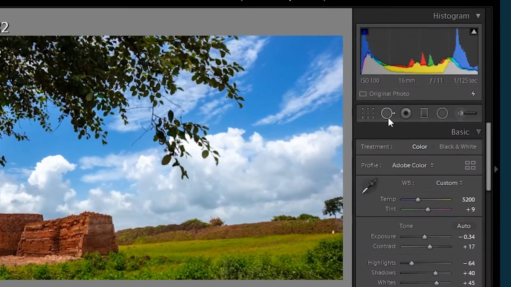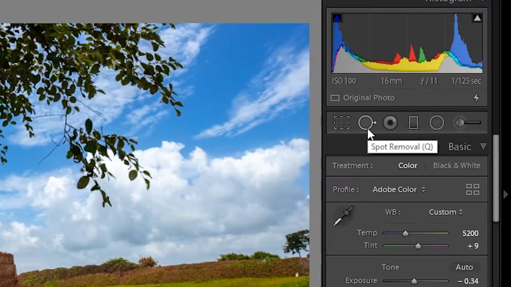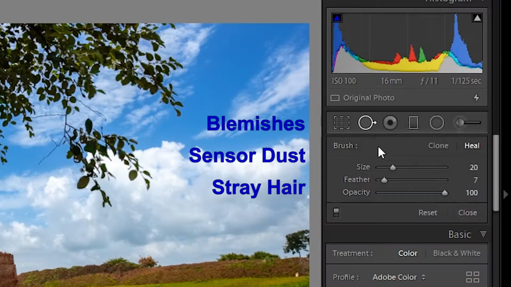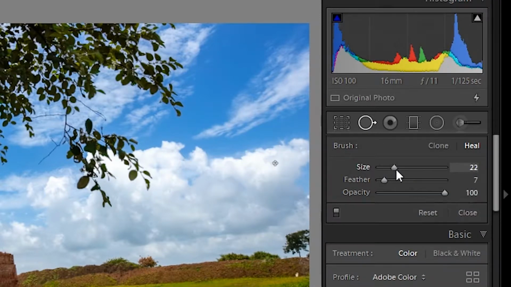Coming back to the tool strip, the second button is the Spot Removal tool. Why do you need a Spot Removal tool? The Spot Removal tool is very useful for removing small objects from an image, such as blemishes, sensor dust, or stray hair. The settings you need to set here are the brush size, feather, and opacity, along with the heal and the clone